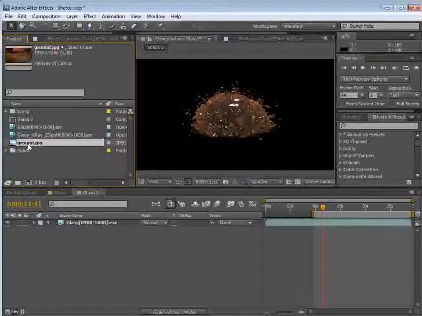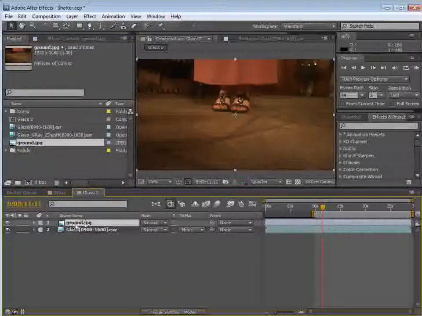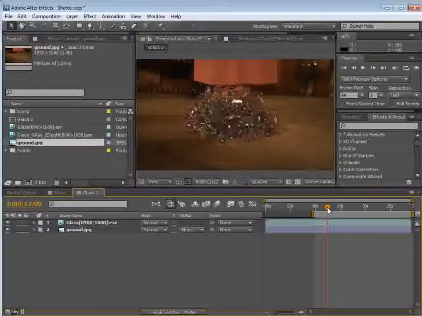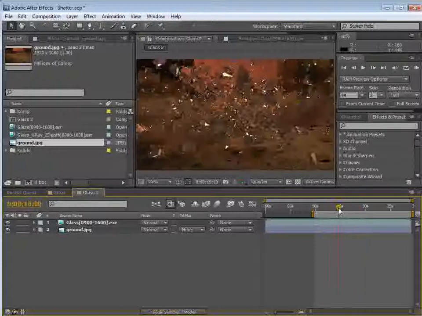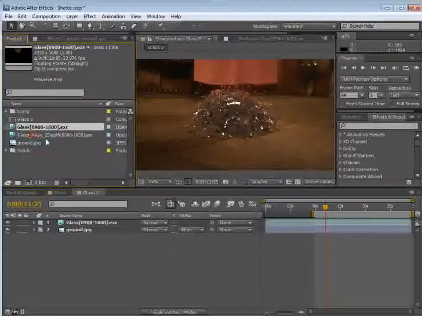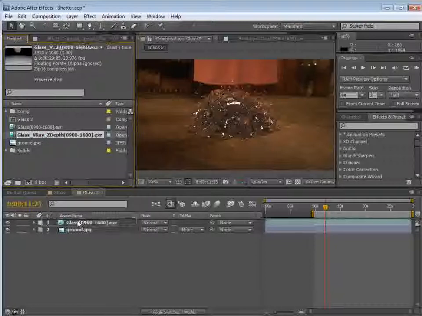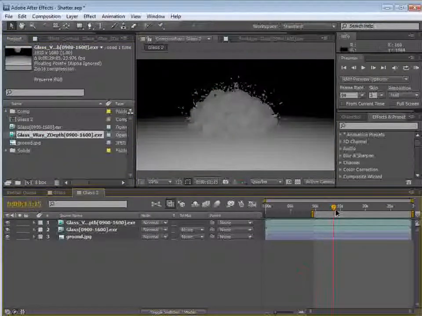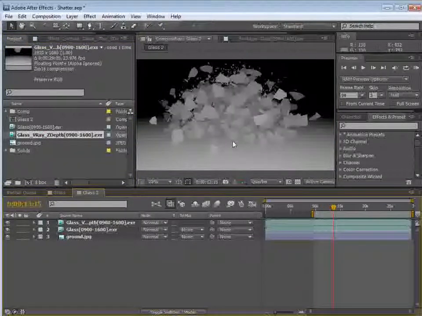All right, so we have this. We have our ground background layer, so we'll drop that in. We'll put that below it, and basically we're done. Oh, we have this Z pass also, so let's drag that out, and that looks pretty good. Now, if it's out of range, so if it doesn't quite look right, go over into 32 bits per channel. So hold down Alt